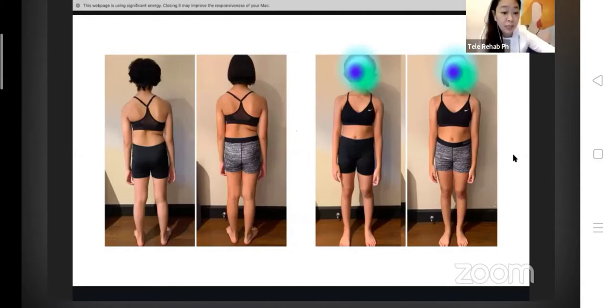Yung medial arc na yon, pag flat-footed, pag umapak sila lalo na sa floor, ito yung flat, ito yung medial arc. Pag inapak nila yan sa floor, dapat lulubog yan. But what happens pag flat-footed is completely naka-flat siya sa floor. You can't insert any of your fingers. So that's what flat feet is. And it becomes a problem